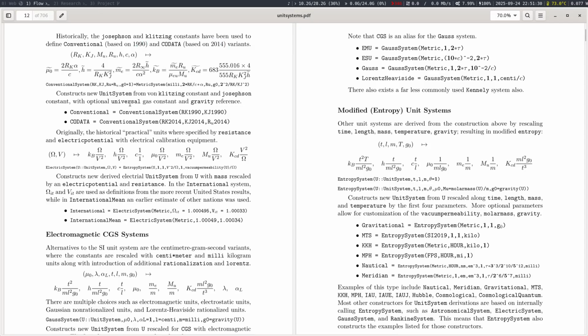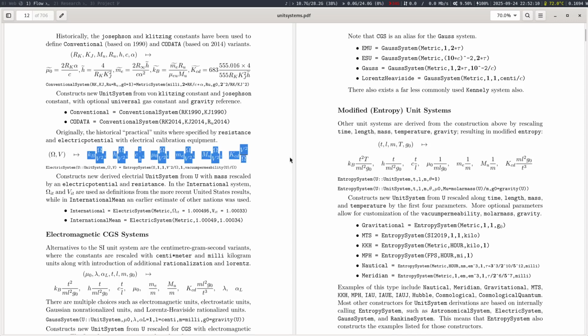So this constructs the new unit system from the von Klitzing constant and the Josephson constant with an optional universal gas constant and gravity reference. Originally, the historical practical units were specified by the resistance and electric potential with electrical calibration equipment. So if you specify this resistance and voltage, you can modify the 7 or the 11 or whatever the number